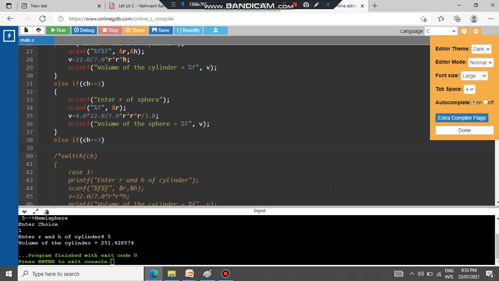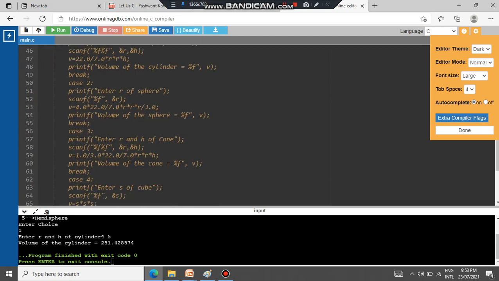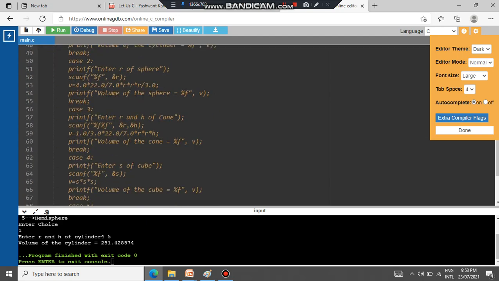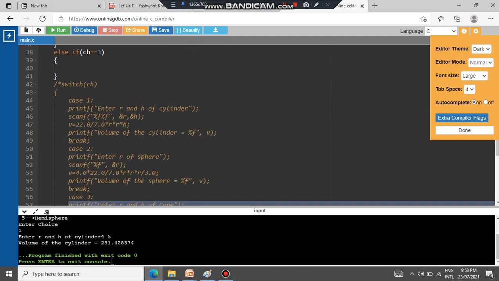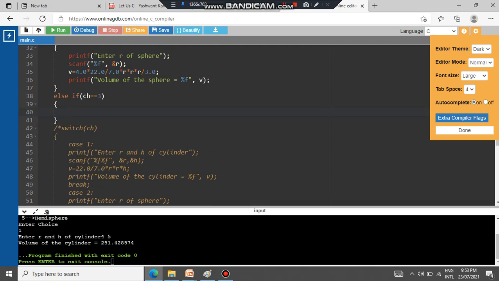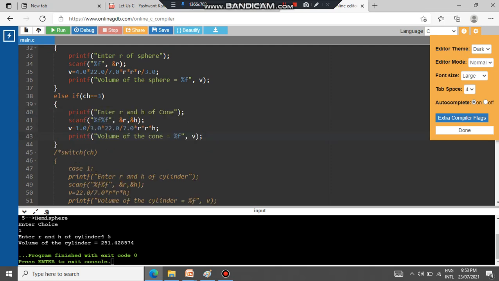Ch is equal to 3. For the third case it is a cone. So for cone I'll copy the same code. I'll not retype it because the video will become lengthier. That's the reason. In the case of 3 it will be a cone.